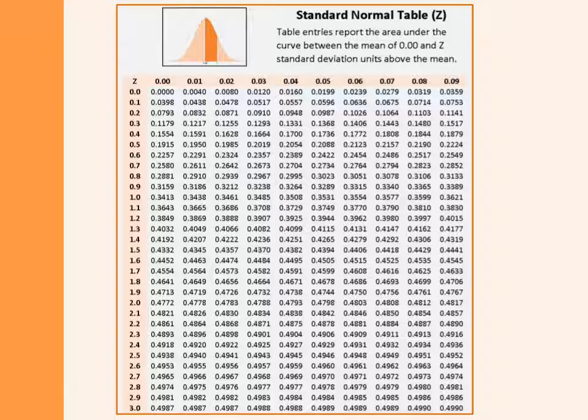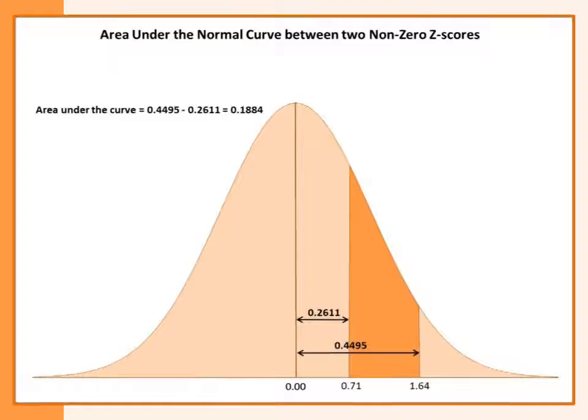We then perform the same procedure highlighting the row for the z-score of 1.6 and the column of 0.04. We now place our z-scores of 0.71 and 1.64 in their respective places on the standard normal curve, and we indicate how much of the area falls between the mean of 0 and 0.71 and the mean of 0 and